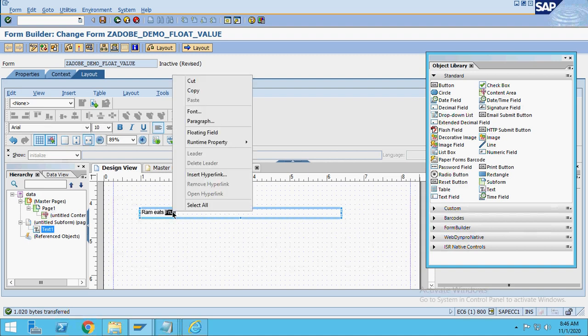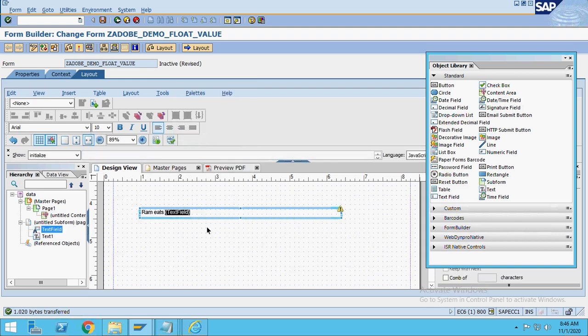After that you have to select it, right click over here. Okay, and then you have one option, floating field over here. Click on this floating field and automatically the curly braces have come over here. Now remove this text field and this text underscore field, and whatever value you want to bind it with, you will have to bind. So this text field we have over here, I want to edit this one. I'm not able to edit it. Just a second. Let me write fruit